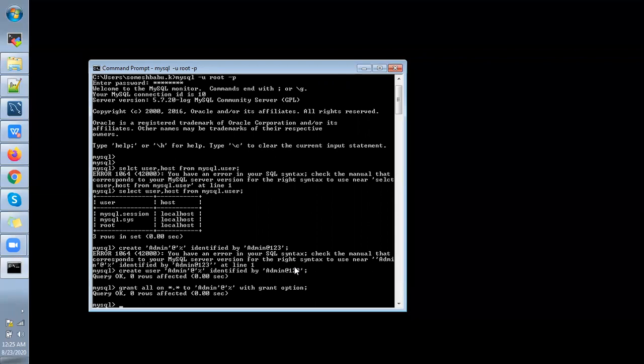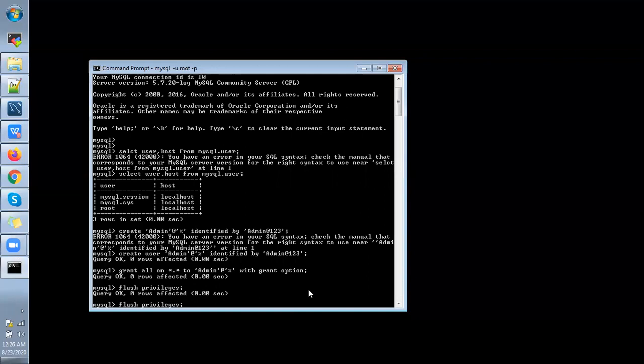Full access is nothing but the privileges I have mentioned here as all, and the database name and table names mentioned as all, and I'm giving the grant option also.